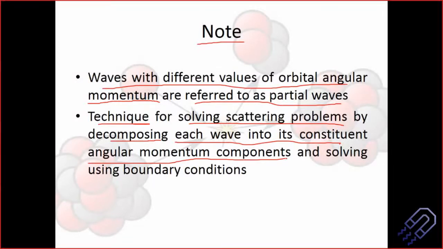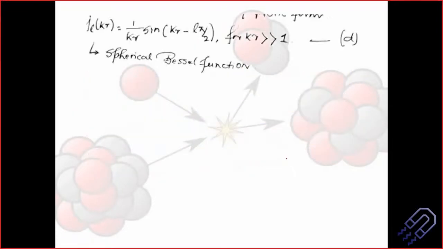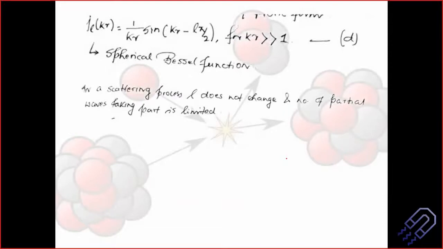This sounds very complicated, because if we have many waves, we are going to solve for each of them, it will become very complicated, right? We have to do a lot of things. But this is easier in case of partial wave analysis in terms of nucleon scattering. So just get back to the topic. We have written this equation J_L, where J_L is nothing but the spherical Bessel function.